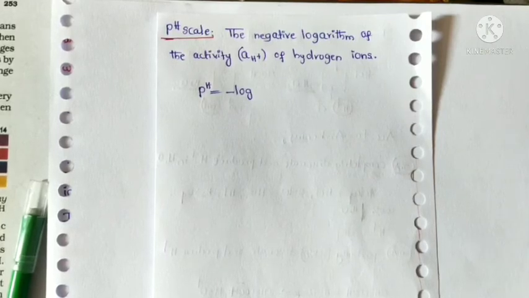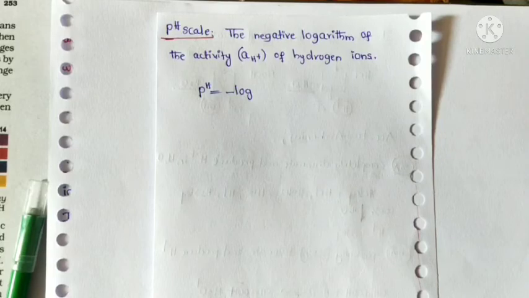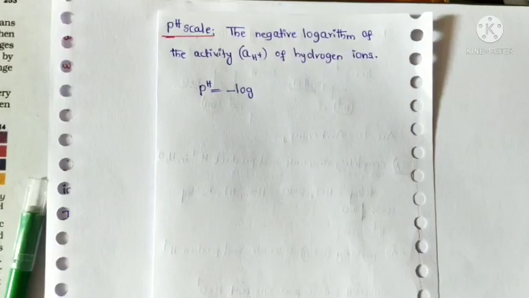In the previous class we expressed the concentration of hydronium ions as 10 to the power of -7, 10 to the power of -6, 10 to the power of -5, like this. It is not convenient to express the concentration of hydronium ions as well as OH minus ions. 10 to the power of -14 is nothing but 0.000 something, that value. It is inconvenient to express the concentration of H plus ions or OH minus ions.